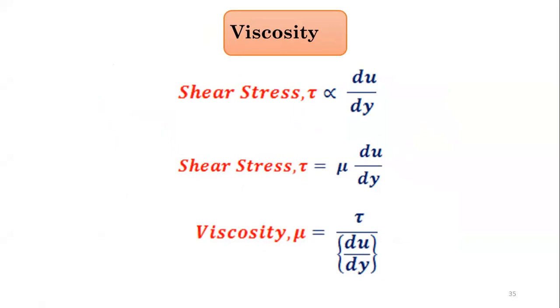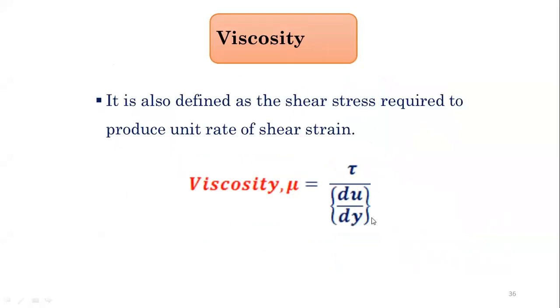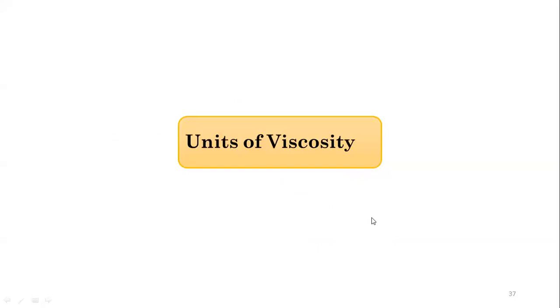Units per distance, meter. Meters. Okay, everything in terms of newtons and meters. So Newton per meter square divided by meters per second by meter. If you solve these three units, you'll get the unit for your viscosity.